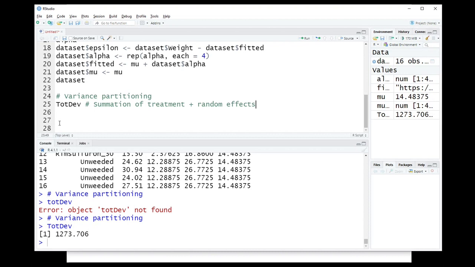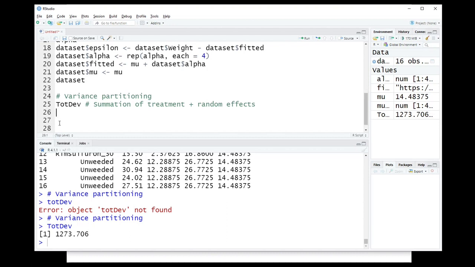So now we are dividing the main component. That's right. That is our job now. We want to split this component, which is equal to 1200, in two parts. One due to the treatment and one due to the random term. And it is pretty easy because